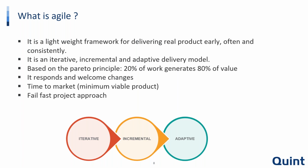And the most beautiful part, the third angle, is adaptive. That's what makes agile unique. In the past, customers were not able to request changes while the project was going on, and even when they did, the project timeline would often get extended because the team had to go back, correct the design, and do the planning again. There was a lot of back and forth, and so very little opportunity to adapt to the new changes customers had in mind. But agile gives us the flexibility of adapting to new changes in between. It gives us the flexibility of understanding the lessons learned at the end of each iteration